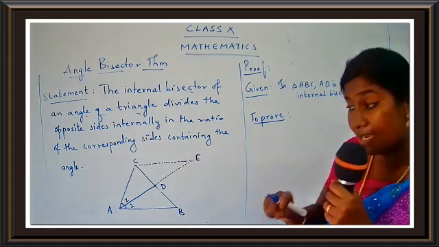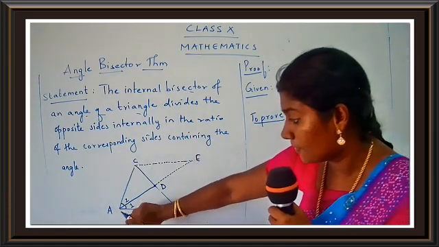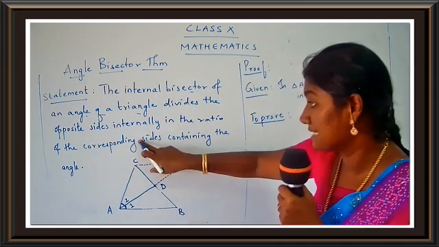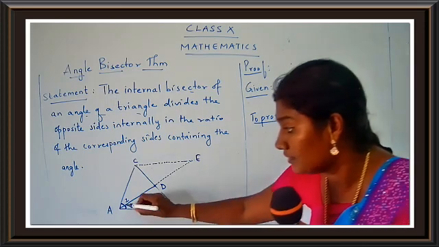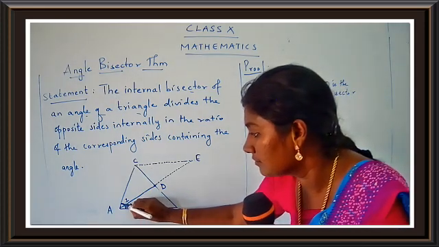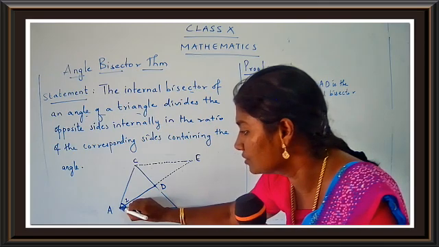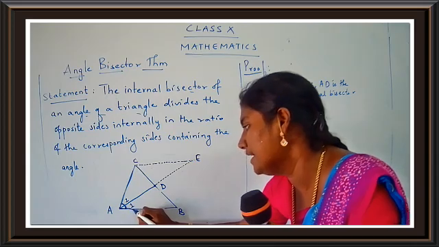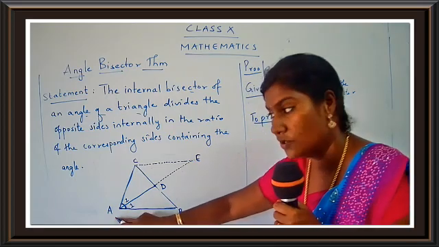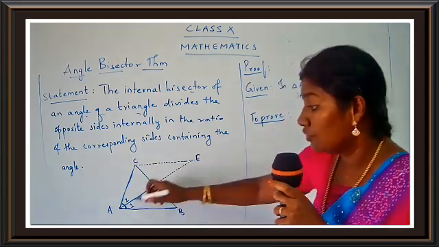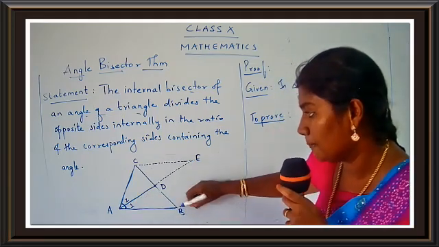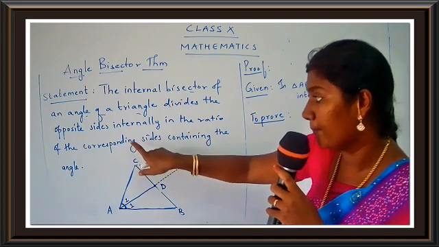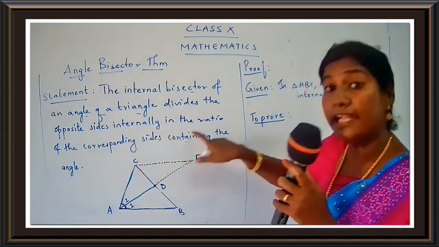Now, what is the corresponding side? You see here. Now, this is the angle. Okay. So, this is the angle. So, what are the sides containing the angle? Which is the side containing the angle? So, where are the sides? So, this is the angle. So, these are the sides containing the angle. AC is the side containing the angle A and AB is the side containing the angle A. So, which side are you going to focus on? We have AB, then BC and CA. We have three sides for a triangle, but here they are talking about the sides containing the angle.